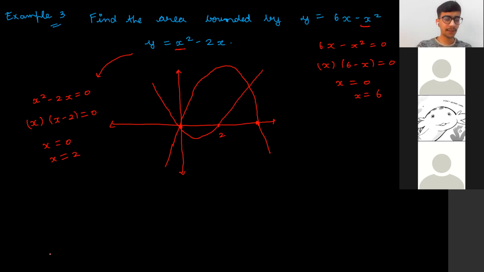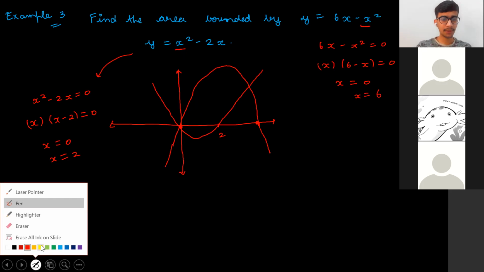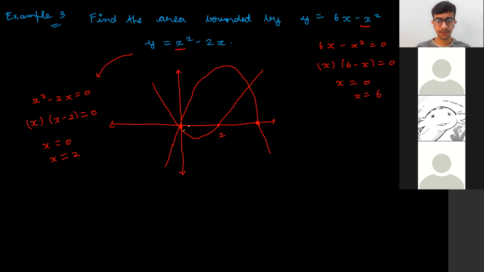So which area we have to calculate? We have to calculate this area and this area, because this is the whole area coming in between, right? So if you find the point of intersection, I guess this coordinate will come out to be 4 and this coordinate is 6. So if I call this parabola 1 and this parabola 2, so what I'll do